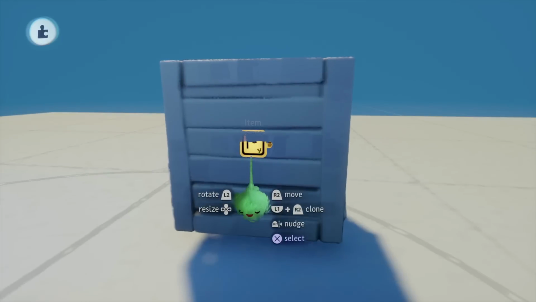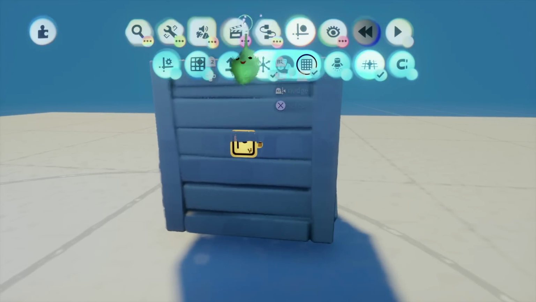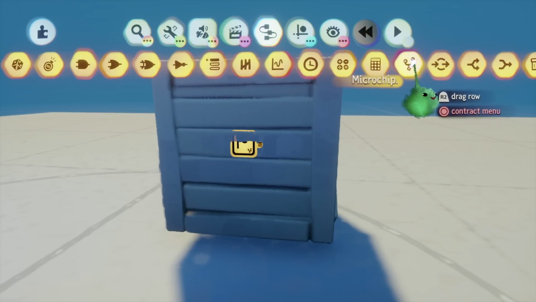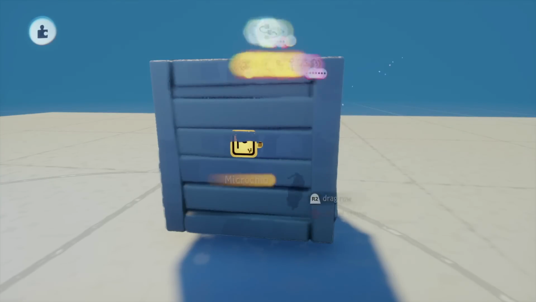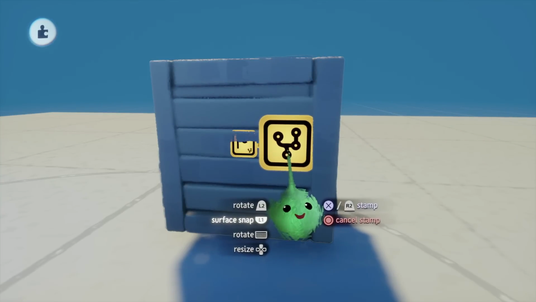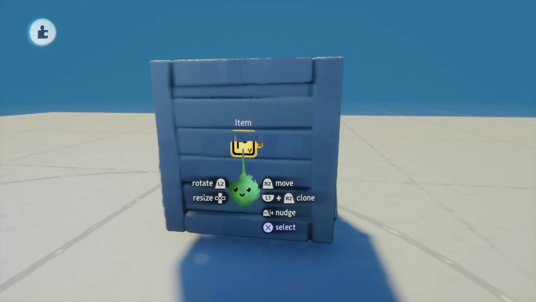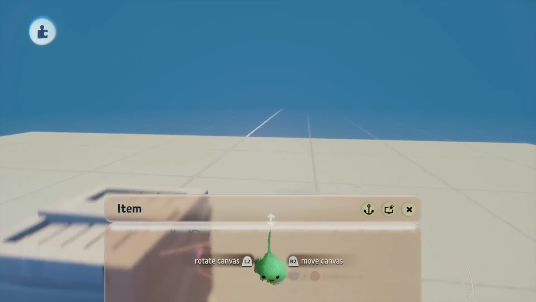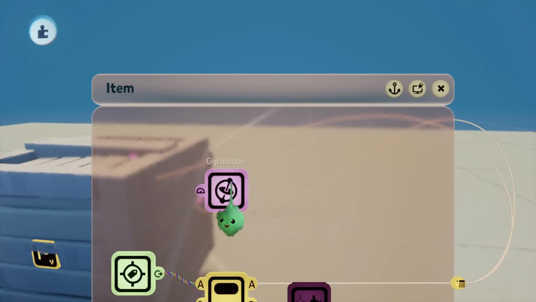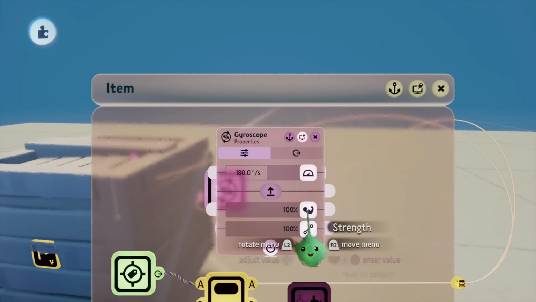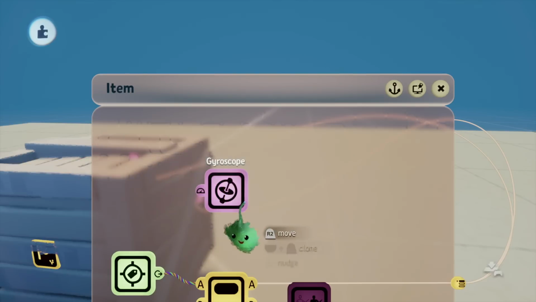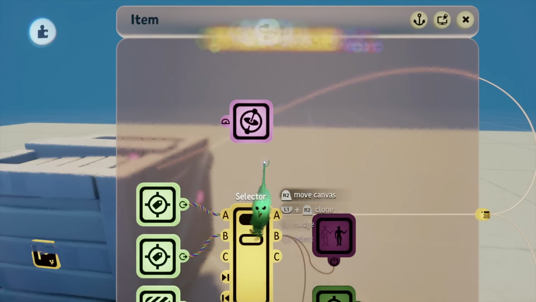The first thing you've got to do is put a microchip on the crate using L1 and X to stamp it on there. And I labeled it item, but you don't necessarily have to do that. Next thing you want to do is stamp out a gyroscope, set it to full strength, full overall dampening, and 180 speed. Then you'll want a selector,